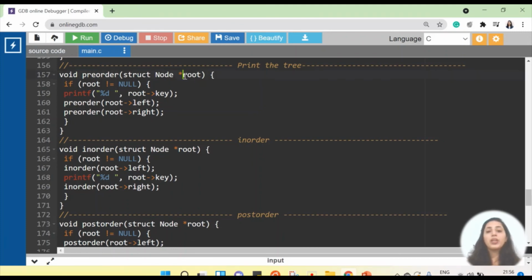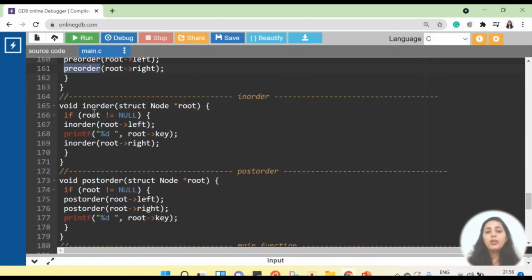Okay, so what we are doing, I'm checking the root of my tree as an input, and until the root is not null, or until I'm not traversing to the leaf node, what will I do? I will follow the pre-order. What is the sequence in pre-order? Pre-order is root node first, then left, then right. So that's why I'm displaying the value of the root node, and then I'm going to the root's left and then right. So root, left and right is nothing but a recursive call of the same pre-order function to the left and right.